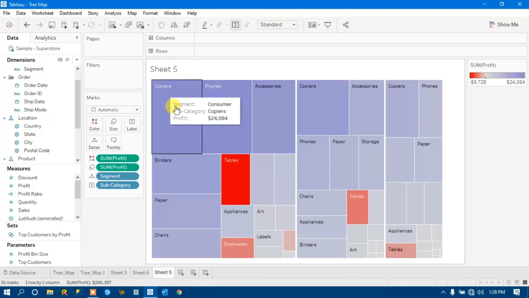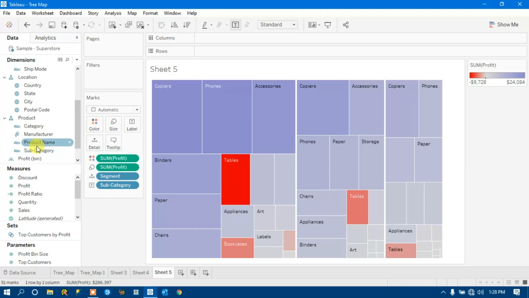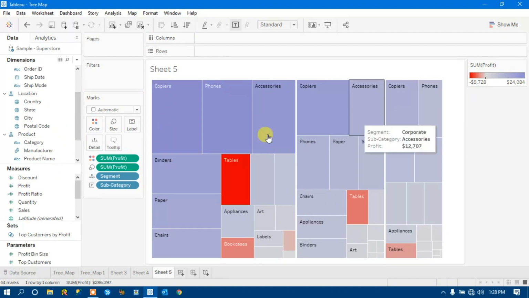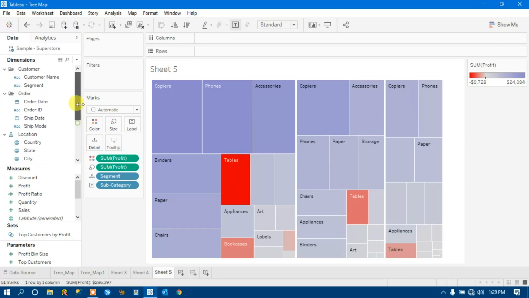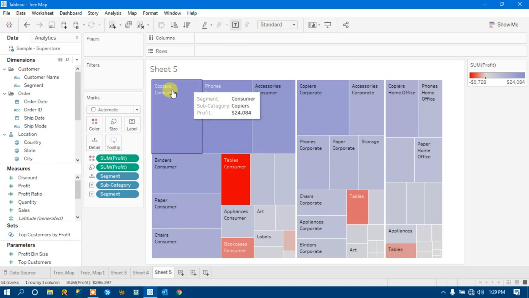So in order to apply labels, you can drag your subcategory to labels, right? Oh, sorry, subcategory is already there. Let me drag segment also to our labels, right?